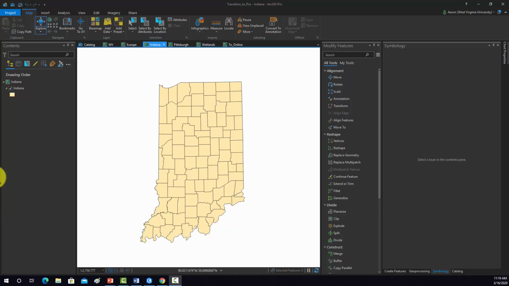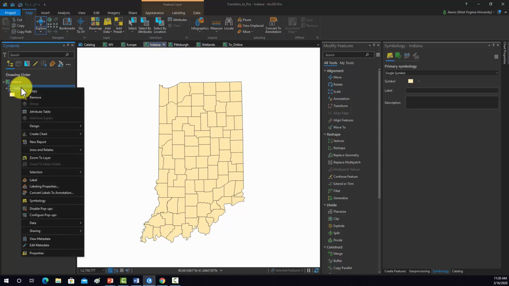Alright, so this is the result for task 2, which was just simply changing the symbology for a vector layer. So here I have the counties for Indiana, and I would like to change the symbology from single symbol to something else. Okay, so to accomplish that, if I go over to the contents pane and then click on Indiana,